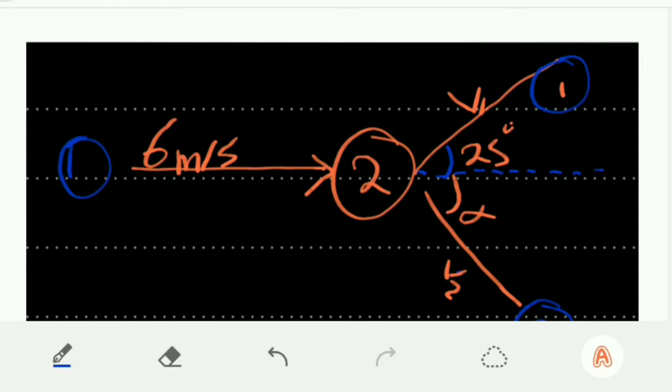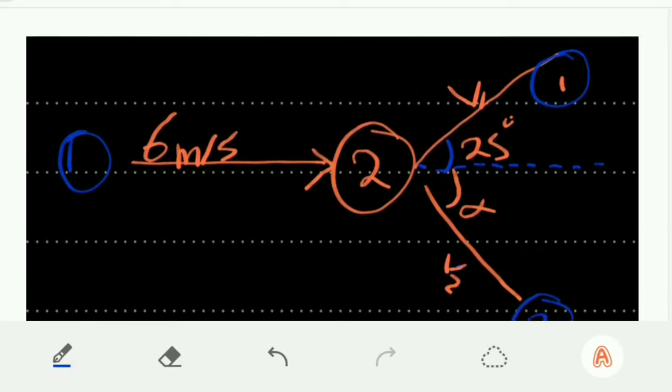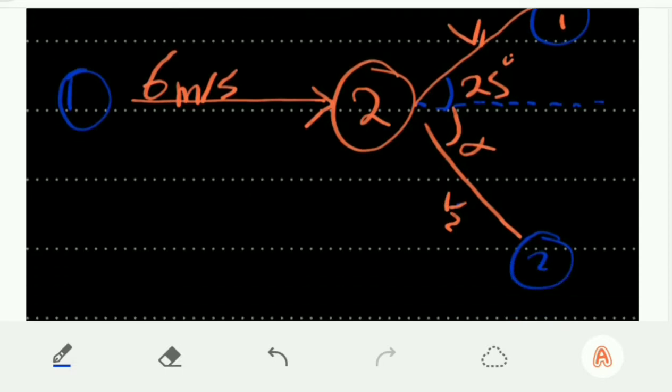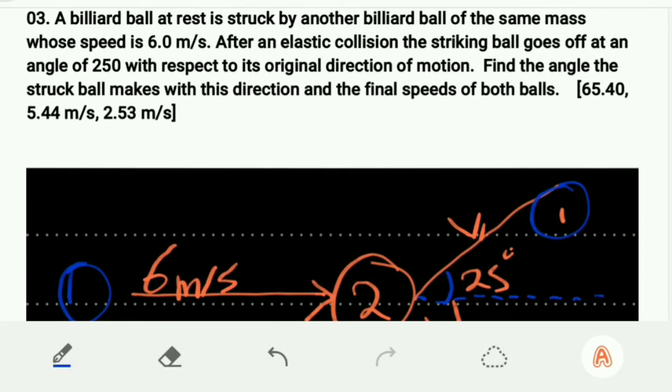The same goes for v2 here. That is what we're going to do. We're going to find the final speeds of both balls, and also find the direction for the second ball, the ball that was at rest. So first off, let us see